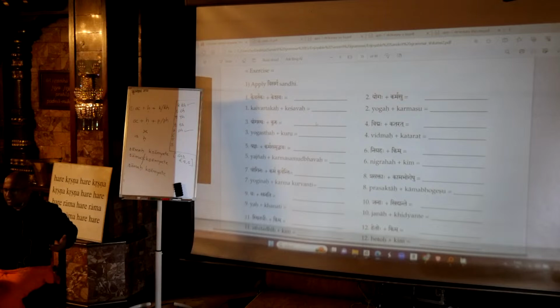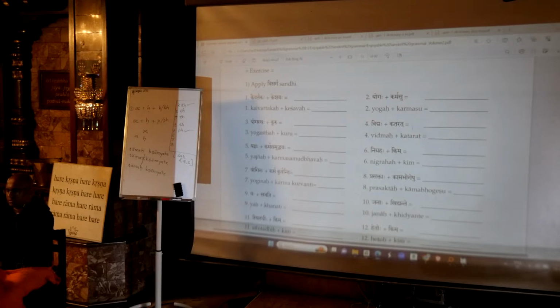So usually I don't make the Jivvamuliya sound and all, because sometimes it may sound funny to people. You can just say it because you have the option. Yogastha Kuru Karmani Sangam Tyaktva Dhananjaya. Like that. Or Yajñah Karma Samudbhavaha. This one also you can see. So all those after Visarga following the kakar or khakar, it can become Jivvamuliya or it can be optionally kept